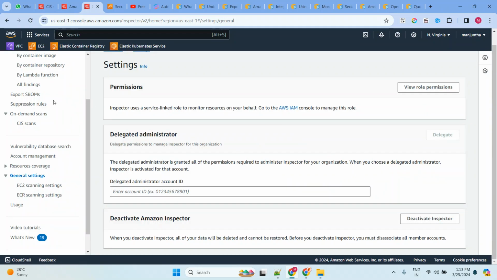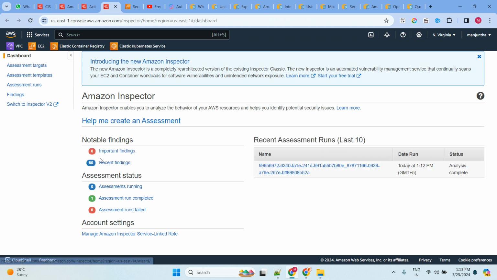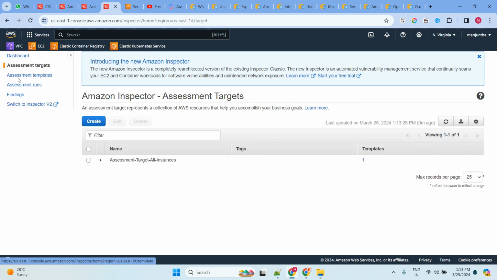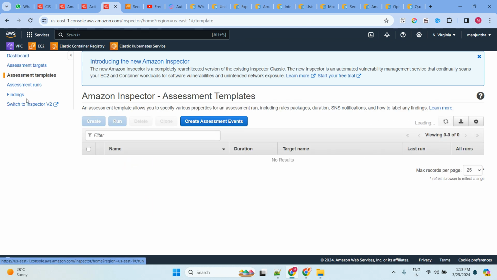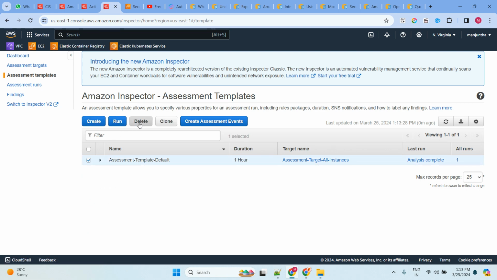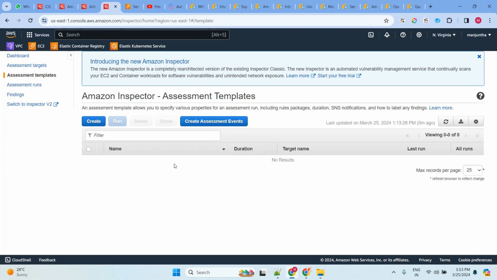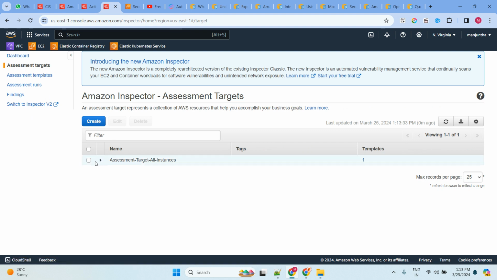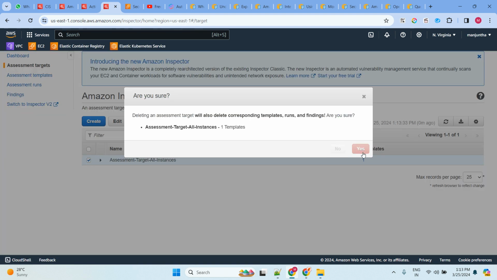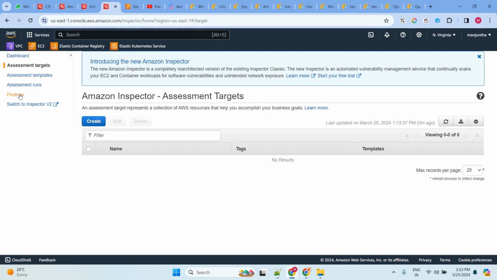Deactivate the inspector and go back to the classic one also. Go to the assessment target and delete it, because this is chargeable. If it is a company account, no problem. If you are using your own account,